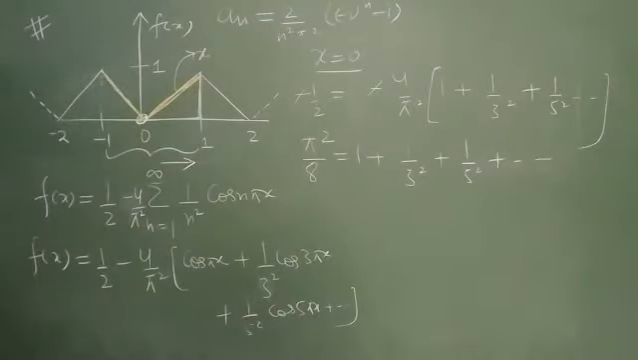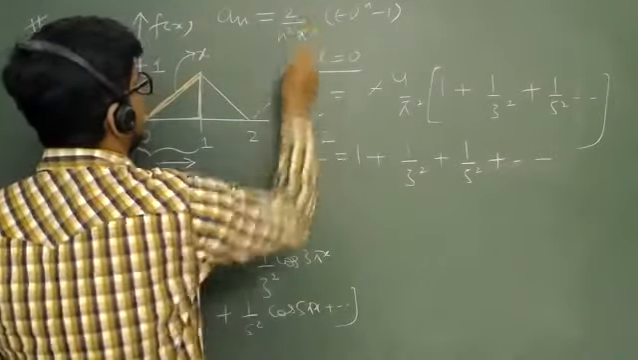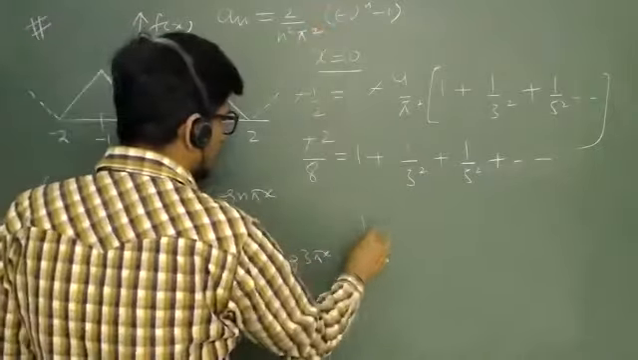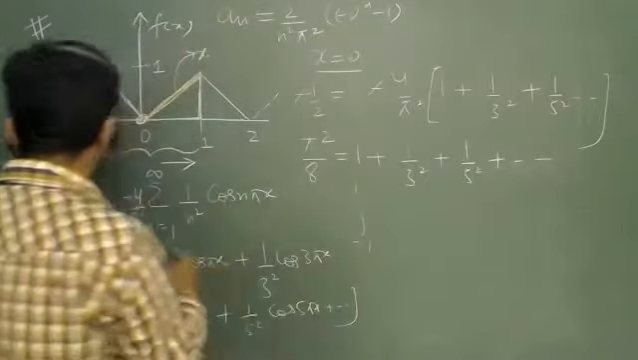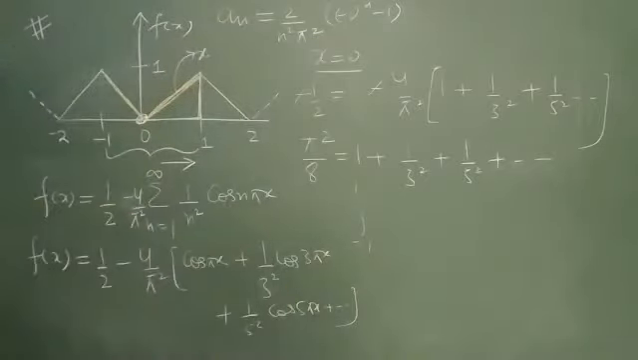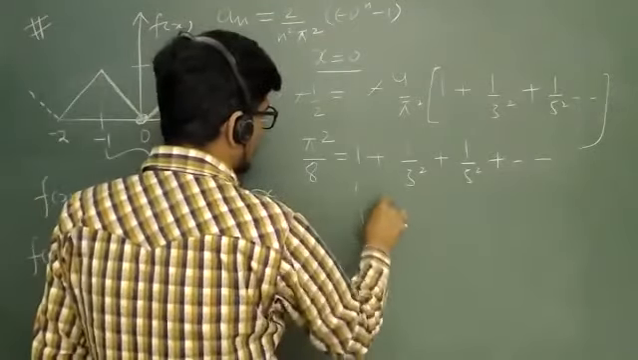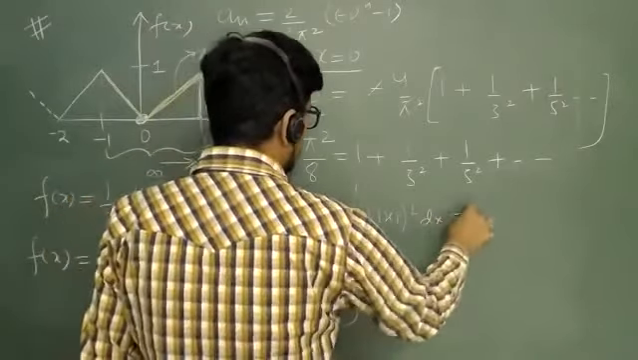Okay. And if somebody asks you to put Parseval's theorem in it, then you will write the integral from minus 1 to 1 of f(x). What is this function? It is mod x, right? So mod of x squared dx will be equal to